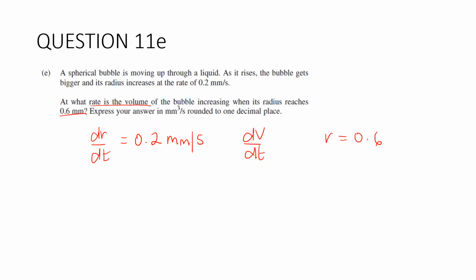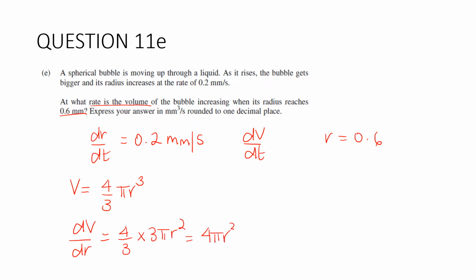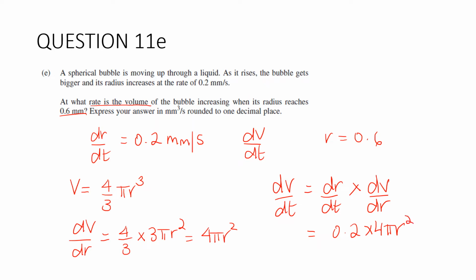So we want to find dV/dt. We know the volume of a sphere is 4/3 pi r cubed, and dV/dr would be equal to 4/3 times 3 pi r squared, which is 4 pi r squared. So dV/dt is equal to dr/dt times dV/dr. It's equal to 0.2 times 4 pi r squared, and at r equal to 0.6, dV/dt equals 0.2